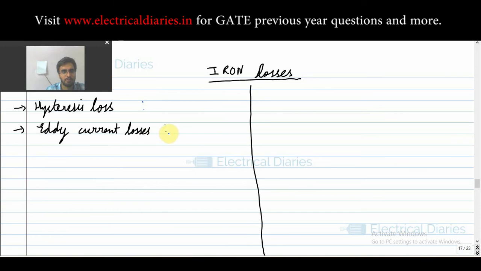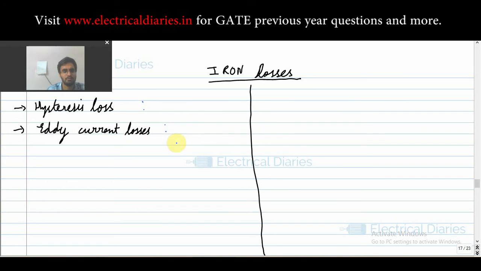Your eddy current losses are due to small amounts of circular currents. Closed loop paths are formed in the core, and that is why you want your core to be laminated, so that no closed loop paths are formed and no current will flow. Due to those current flows at particular spots in the core, you have your heating loss. That loss we term as your eddy current loss. That is a very superficial feel.